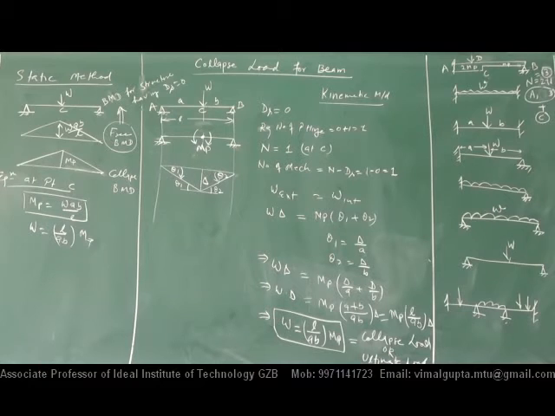In case of concrete beam, say M20, what is the permissible value? 7. In case of M15, it is 5. In case of steel, for Fe250, it is very high, 130. Okay, value of B and D. By putting the value of B and D, you can calculate that value of MP. So after having the value of MP, L and B, you are able to find the value of the collapse load W.